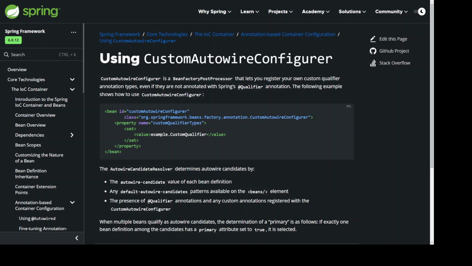<bean id="customAutowireConfigurer" class="org.springframework.beans.factory.annotation.CustomAutowireConfigurer"> <property name="customQualifierTypes"> <set> <value>example.CustomQualifier</value> </set> </property> </bean>